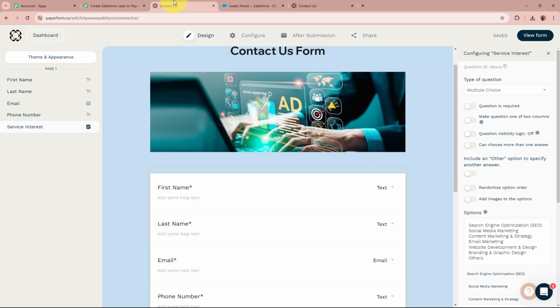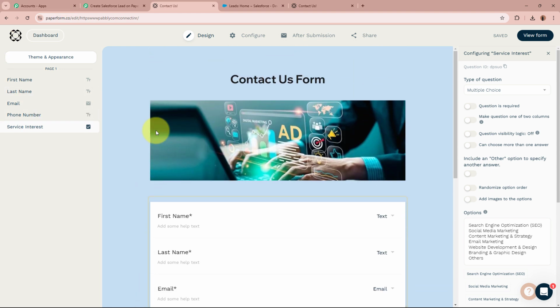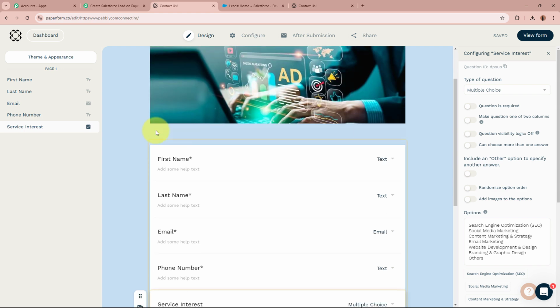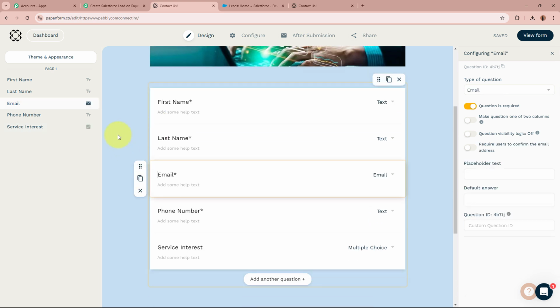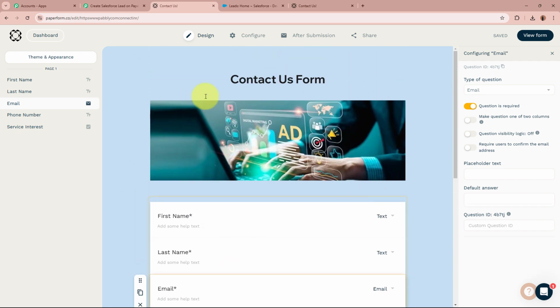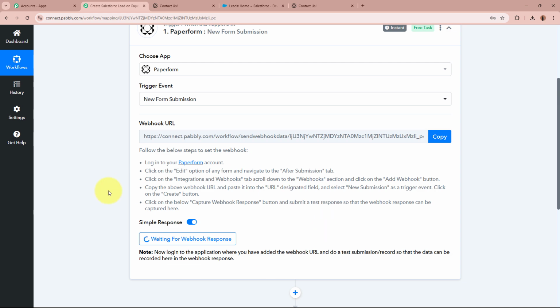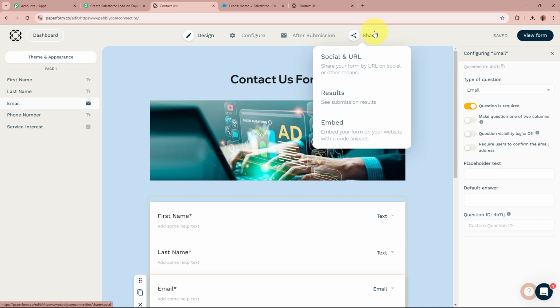Paperform is an online tool that lets you create customized forms, surveys, and landing pages easily. It's a digital form builder that helps us collect information, payments, bookings, or feedback from people. And I've created a form with the help of it, with which potential customers can send me their details. You can see it right over here. And I want to connect this form to Pabbly Connect so that whenever a form submission is done of this form right over here, automatically and instantly Pabbly Connect is going to capture the response of the form submission. So in order to connect this form to Pabbly Connect, from the tab right over here,